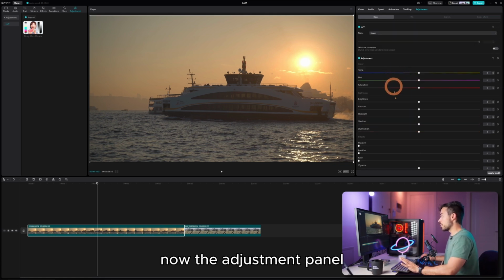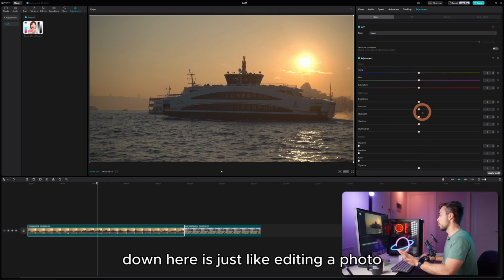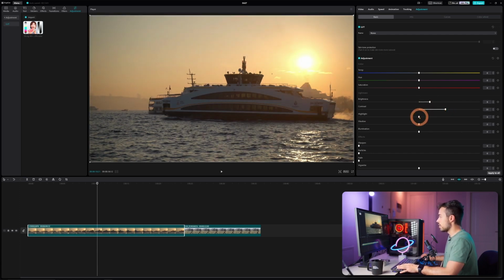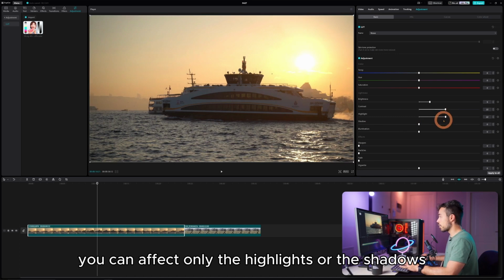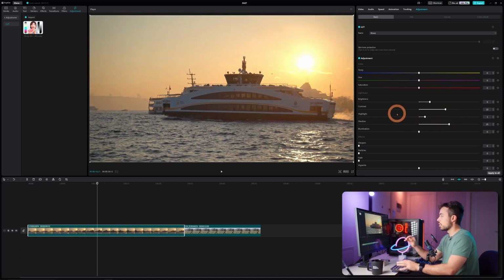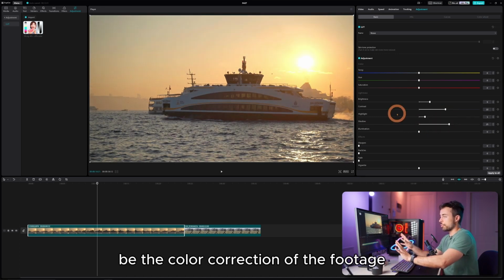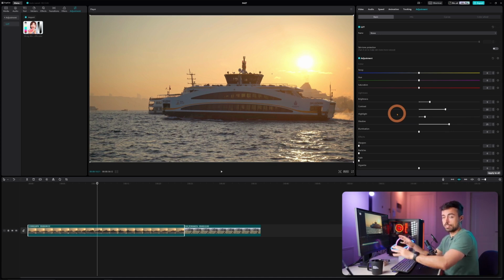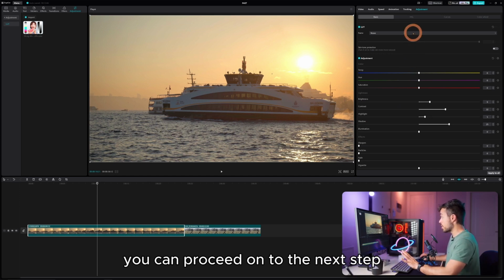Now the adjustment panel down here is just like editing a photo. You're gonna have all the controls for brightness, contrast. You can affect only the highlights or the shadows. And this is gonna be the color correction of the footage, making the saturation and the colors and the contrast look right. Now if you wanna be a little bit more creative, you can proceed on to the next tab,